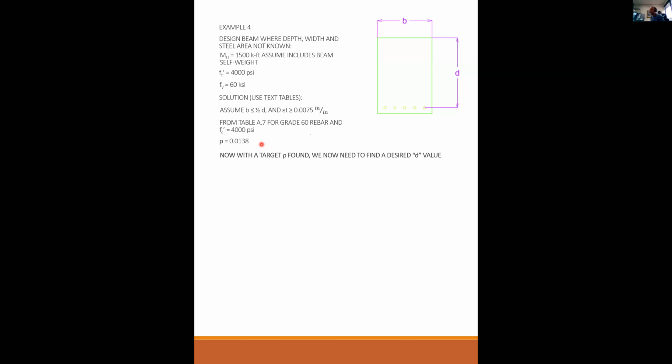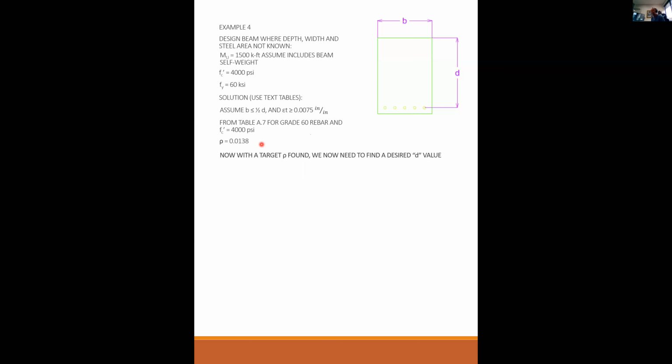Like the floor is 11'6" floor to floor. The architect has already determined that the floor is going to be 11'6". So I know I can't make my beams deeper than, say, 3 feet. Just making up numbers. But that would be something I would know as an engineer, that the architect has determined I can't go deeper than 3 feet. So I'd start at 3 feet and see if I can get it to work.